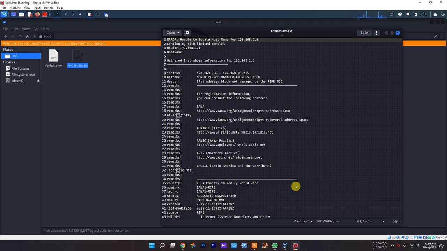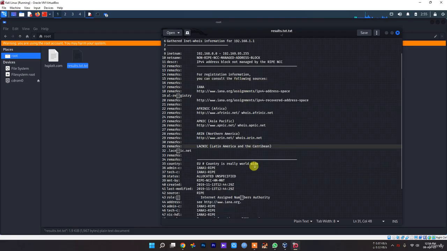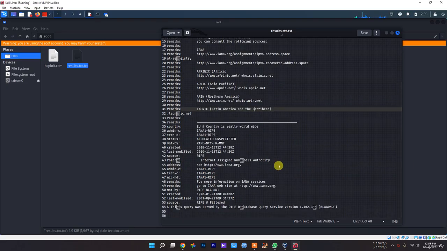After the scan is completed, if you open up the file, you can see over here the result that it gives us, and it gives us the IP address. As you can see, this is the IP address, and nothing more, which is quite sad, because the dmitry tool is a very good tool, but there you are. And those of you who wanted to know about dmitry and how to use